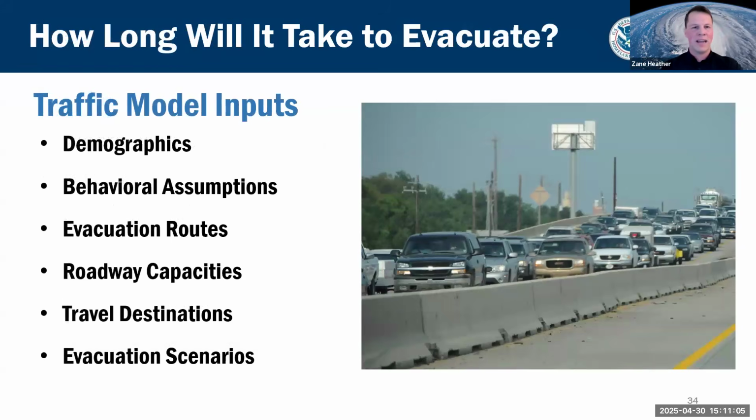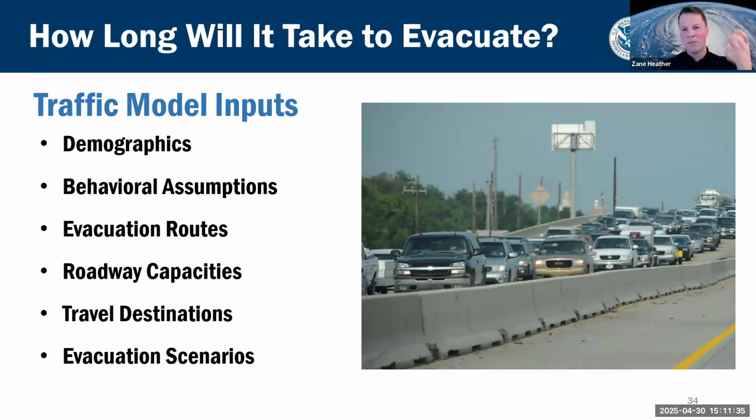So the big question we're trying to answer, and the big thing we're trying to produce through the transportation analysis, are evacuation clearance times. Essentially, how long will that evacuation take from the time that first car enters the roadway network until that last car reaches a quote unquote assumed point of safety. So how do we develop those clearance times? The National Hurricane Program uses the Real-time Evacuation Planning Model, or RtePM. It's a proprietary model owned by the National Hurricane Program to develop those clearance times.